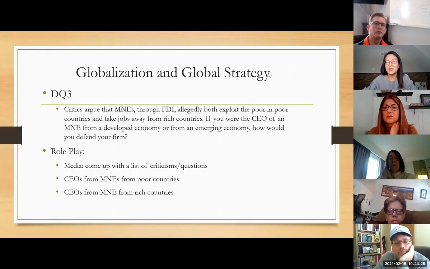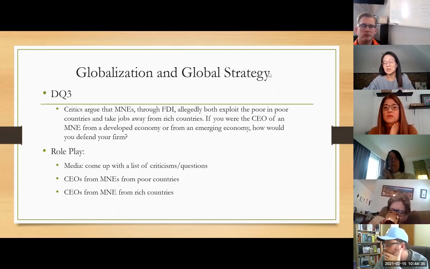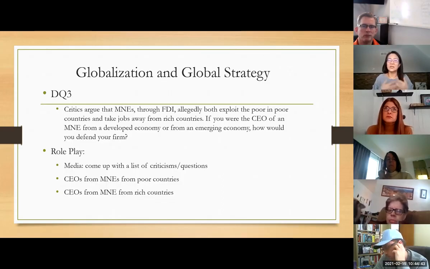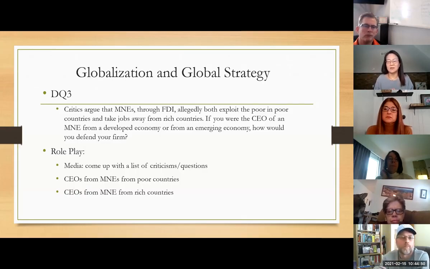If you were the CEO of an MNE from a developed economy or from an emerging economy, how would you defend your firm? And then the class will be divided into groups, different breakout rooms, and some of the students will play the media. I want them to ask a list of questions, criticism, for their peers, and the other